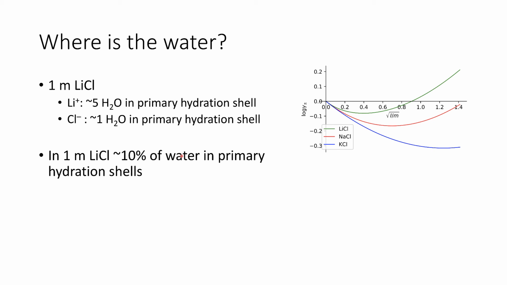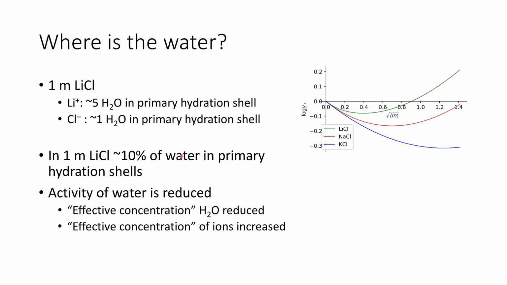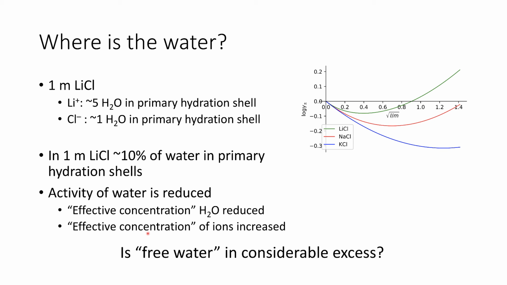So what that means is that we've affected significantly the activity of the water. The effective concentration of water is reduced. Because we've effectively reduced the concentration of water, that means we must effectively increase the concentration of ions. This seems like a very weird thing, but we have to consider the effect of concentration of water and the effect of concentration of our ions. And we need to ask the question, is free water in considerable excess? So the amount of water free in solution, not tied up in solvation shells, we have to make sure it is in considerable excess. Otherwise, we will start to see this deviation, which allows for an activity which is greater